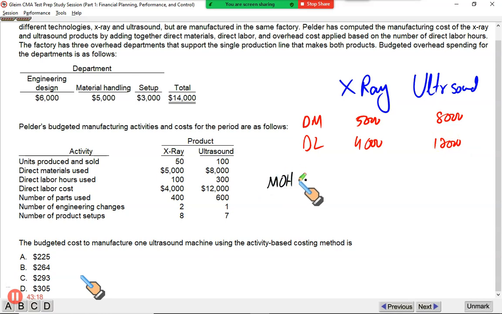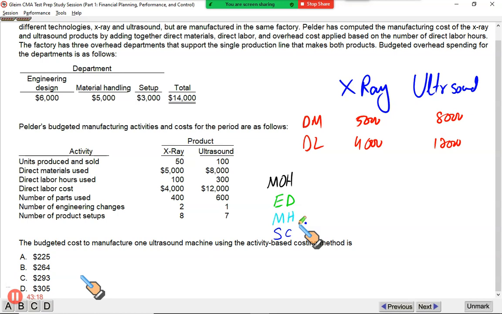It's a prime cost. Issue comes when we have the manufacturing overheads, which are hard. In this case, we have 3 different. First, ED, I'm going to write it as engineering design. Then we have material handling, I'm going to write it as MH. And then we have setup cost, SC. Now, previously we were given the rate, we were given the details, we knew what basis to use, but here we will have to establish ourselves.